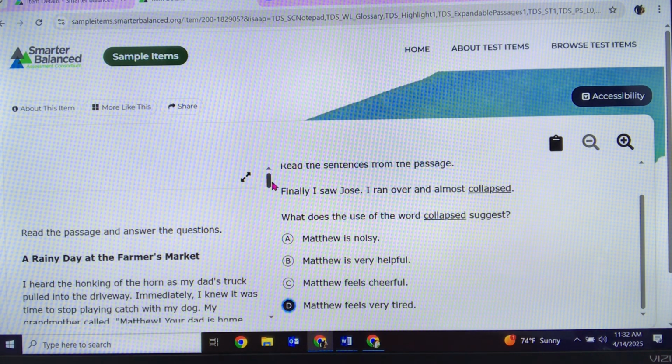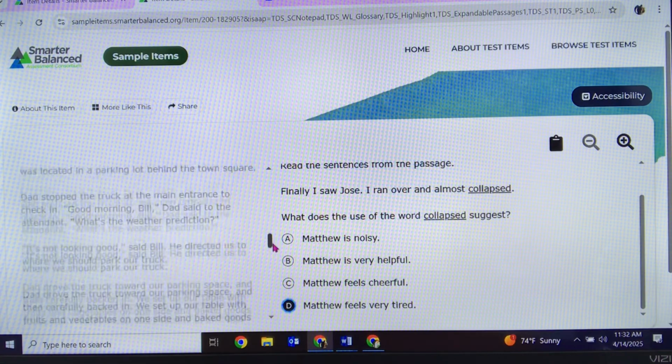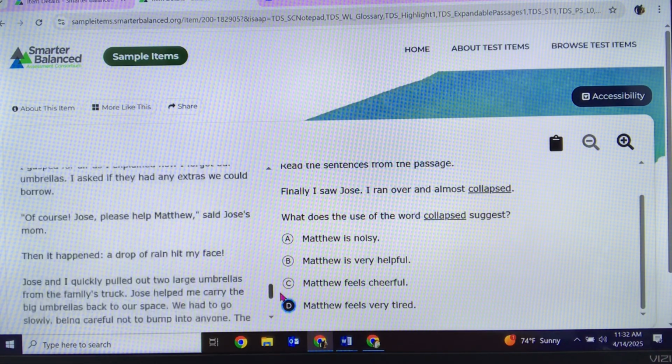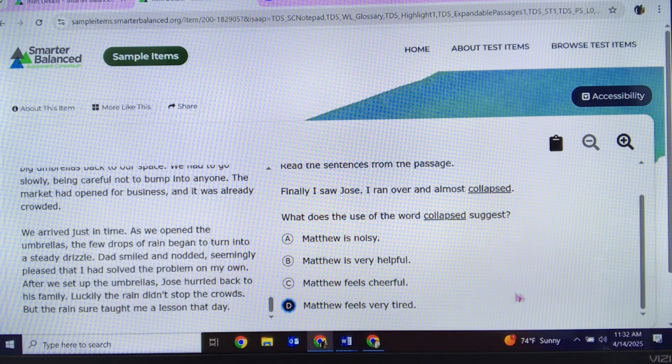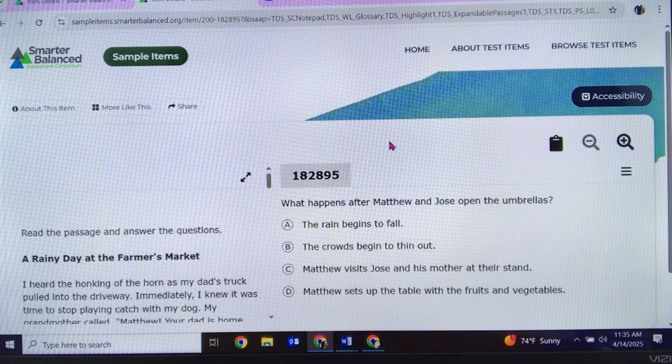And so without using my time, without using my effort to read this long story, I was able to choose the correct answer to the question. So that's one reason you should always read the question first, because sometimes you'll get lucky, you'll be able to answer the question without looking at the passage. That's not always the case. Sometimes you won't be able to answer the question without looking at the passage, but you should still read the